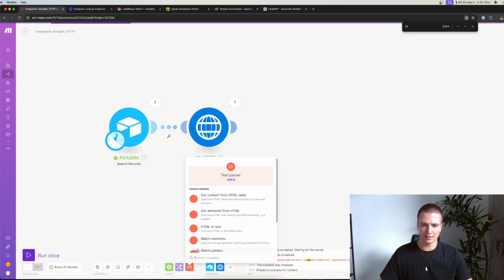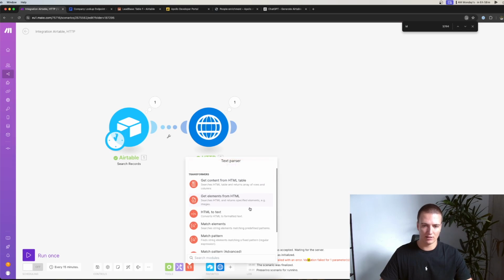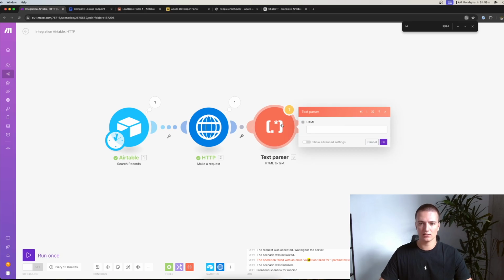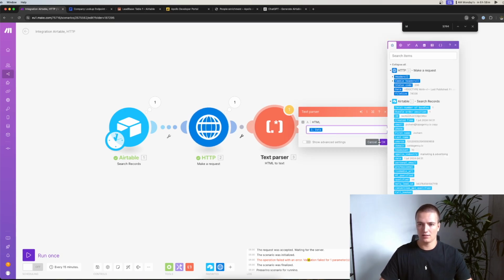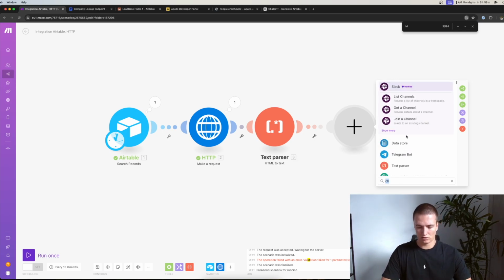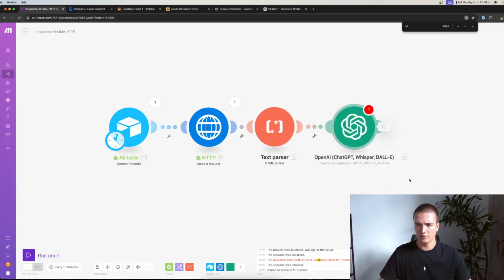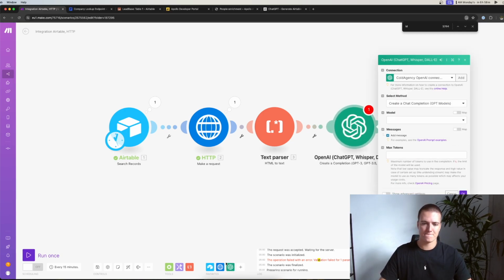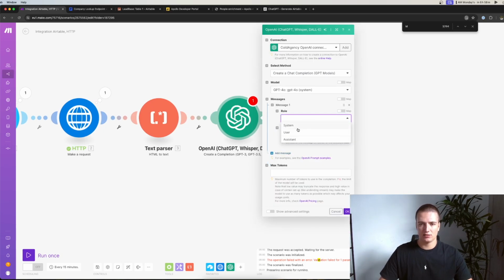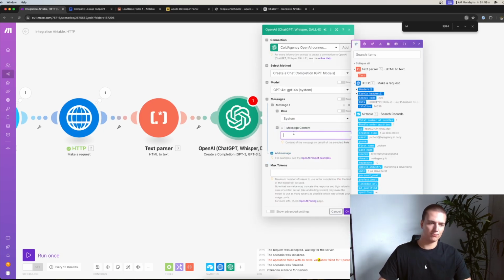So I'm going to parse out the text. So get the text parser, and then we're going to do HTML to text, select, we're going to add in the HTML, and then we're going to do ChatGPT. So we're going to do OpenAI, create a completion. I'm going to select the model, let's say GPT-4. Let's align this. And then we're going to start out with giving the system prompt. So basically what is it going to do? So let's say you are